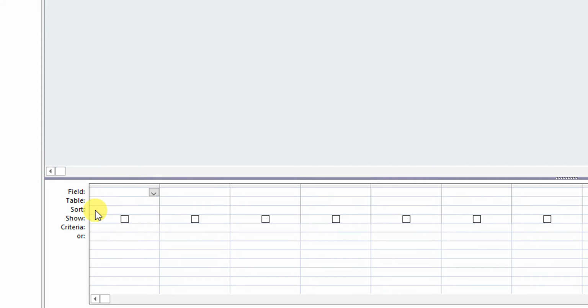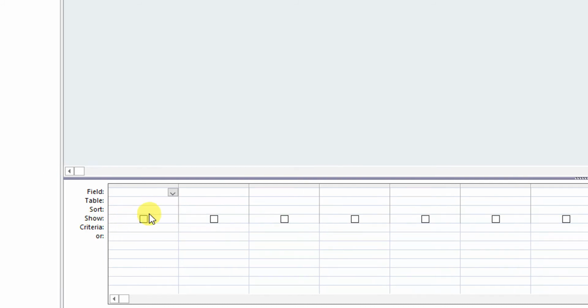Sort is to arrange the data in ascending or descending order. If you want to arrange your data in ascending or descending order in your query, from here you can select ascending or descending. Now Show displays a check mark, which means the field will be visible when the query is run. If it is check marked, then that particular field will be visible in your query.